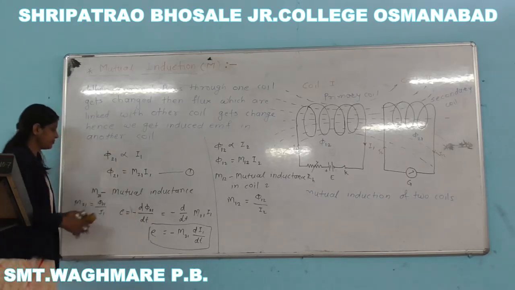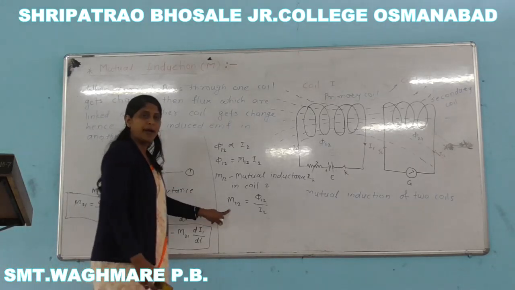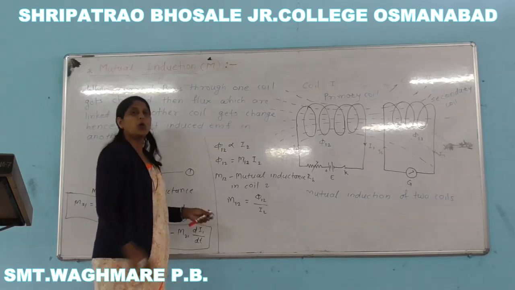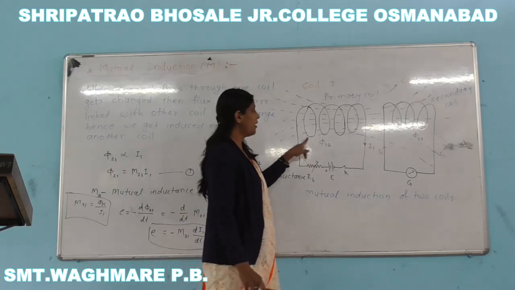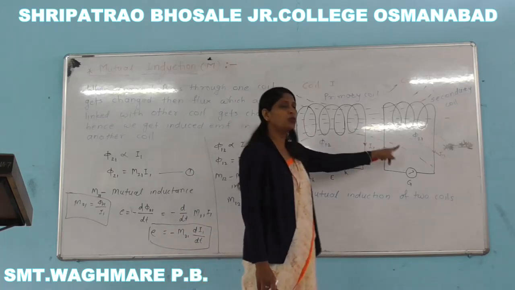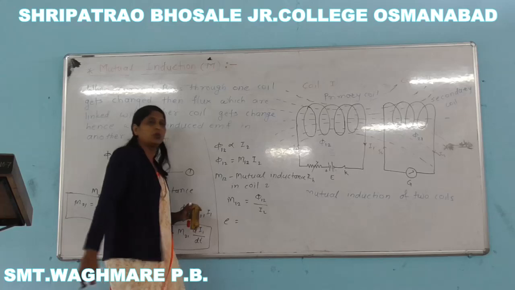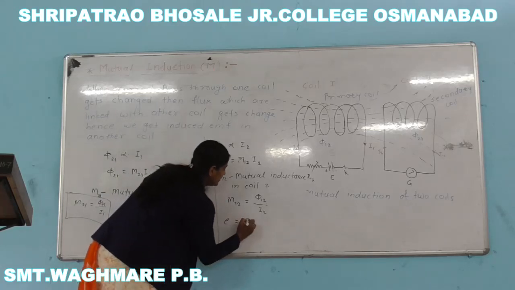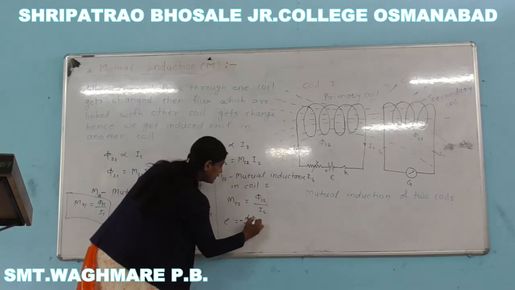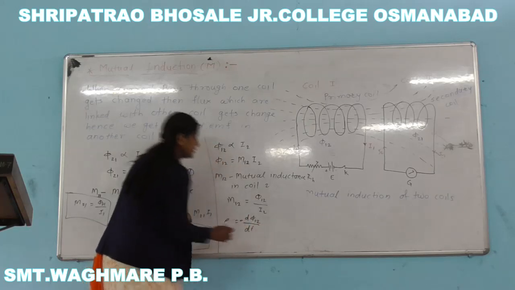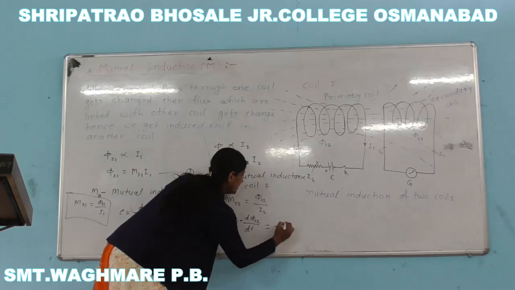This will be like this. Now, by using this equation, we can find out the back EMF induced in this coil, or EMF induced in this coil due to the current in the secondary coil, that is given by E is equal to minus d phi by dt, the magnetic flux in the first coil due to the second coil, the current in the second coil, and therefore this equation can be written as